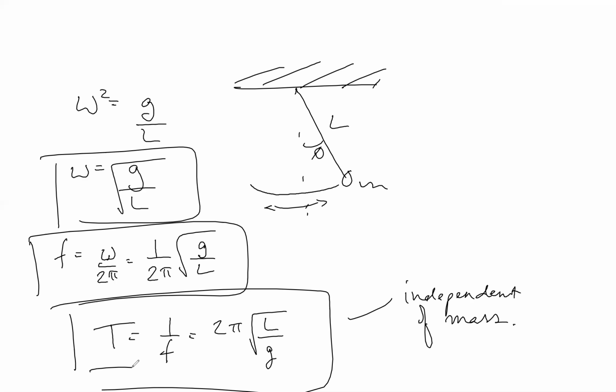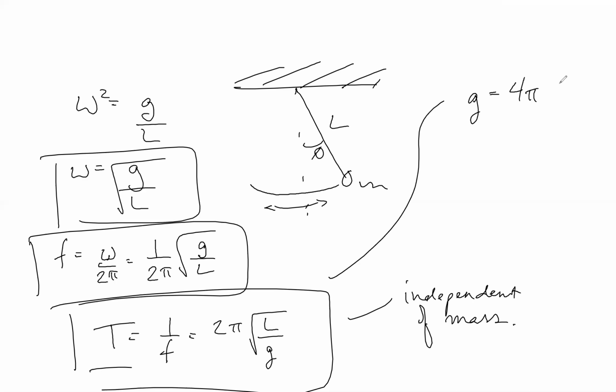And also, there's another thing you could do when I look at this expression. Let's say you had a stopwatch, say, or a watch, and a string and a mass. You use your string and your mass to make a simple pendulum. You measure out the length of the pendulum. Then you go and you measure the period. In this equation, the only remaining quantity is g. So this is the first method by which we were able to measure g accurately. You construct a simple pendulum, you measure its period and the length of the pendulum, and from this expression, you isolate g. So you square each side, and I'll just skip over doing the actual algebra,